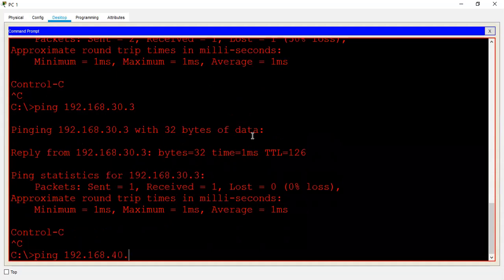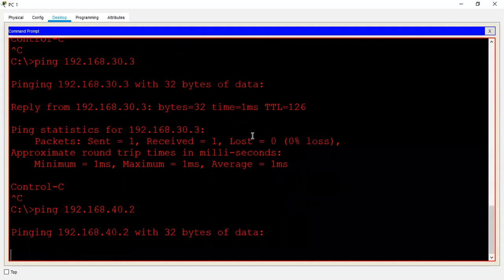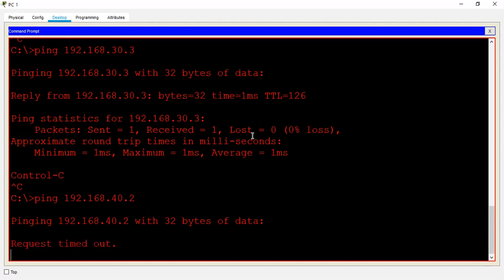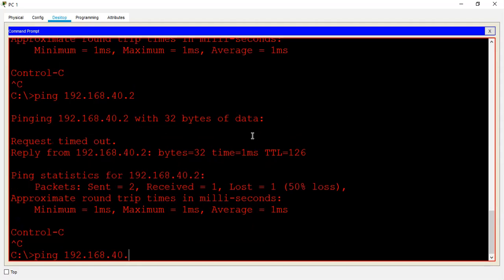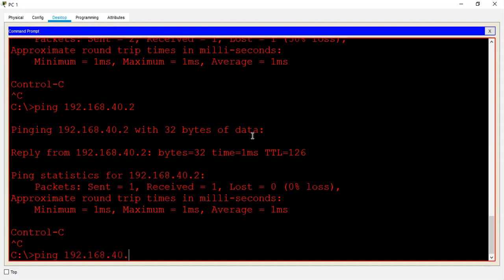40.2, your next network. Yes, you can. 40.3.